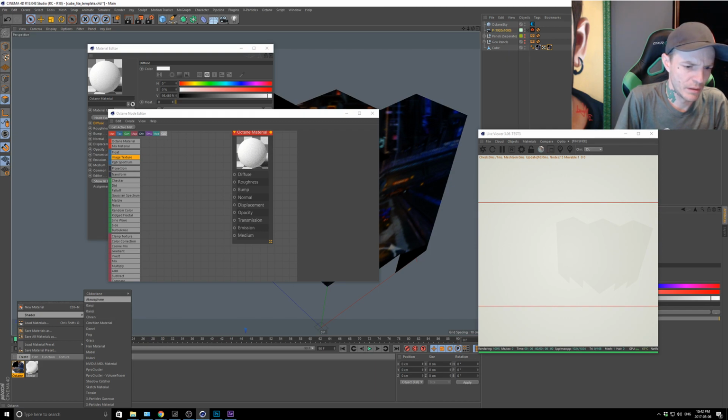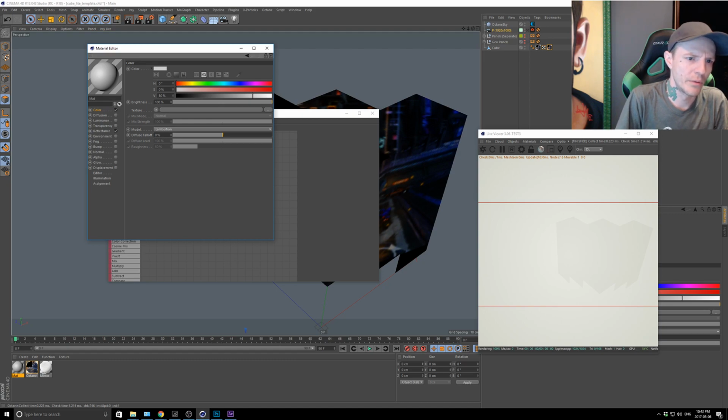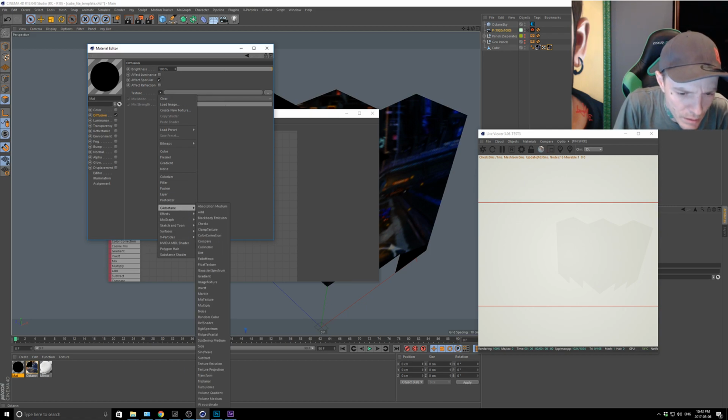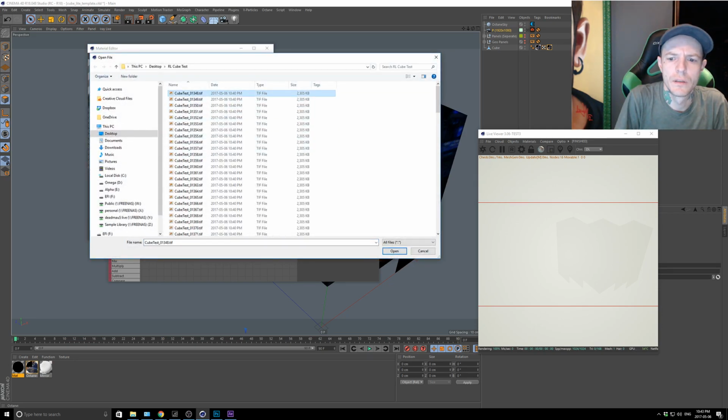What am I doing here? Oh, right. Let me try. Does this let you do it? Oh, no node editor, of course. Okay, so I want diffuse. Texture. Maybe not. Okay, bitmaps. Bitmap. Load image. Right. Does this let you do an image sequence? Or do you have to...